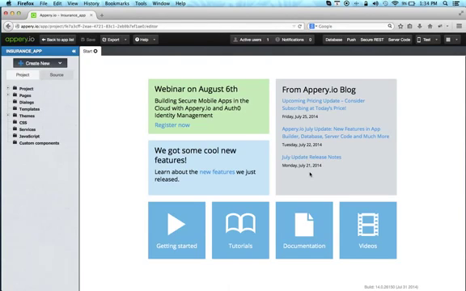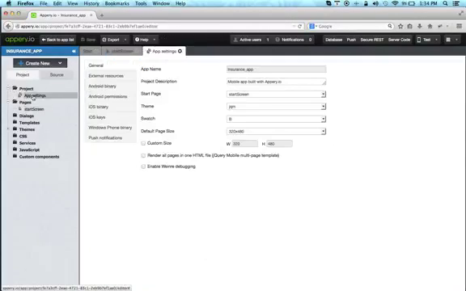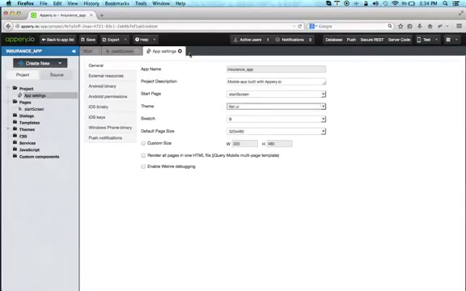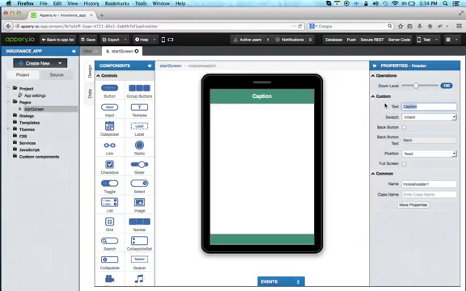Right, and here we got a brand new app. Now let's open the page, and so this is how it looks. Before we start, let's quickly change the theme by going to app settings, and there are a lot of themes available, and you can also create custom themes if you would like. Alright, so we change the theme to flat UI, and now this is how it looks. Alright, let's change the caption to